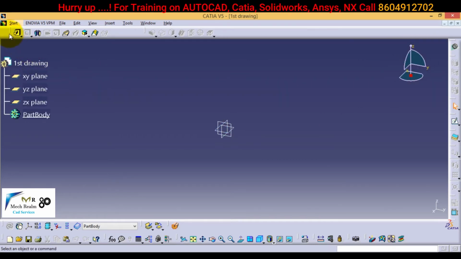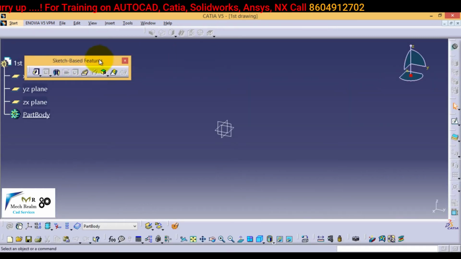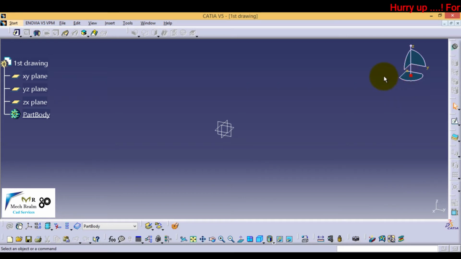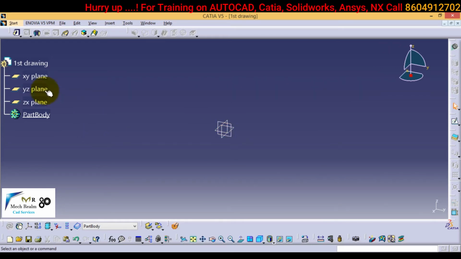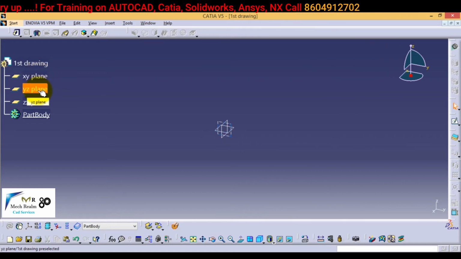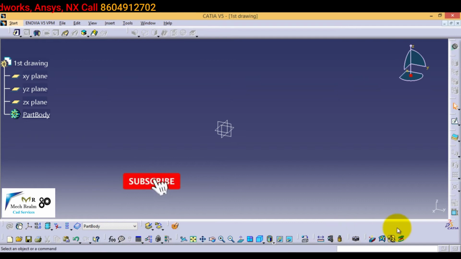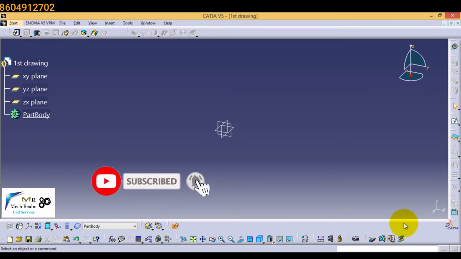Clear? All these options are 3D commands available here, like sketch based features and dress up features. This is known as the compass. On viewing it, we'll be able to select a required plane and create a respective drawing. Clear? Either we can select the plane from here, or we can select directly from here, that is the XY, YZ and ZX plane. Clear? All these are extra commands which we'll see later while creating drawings.